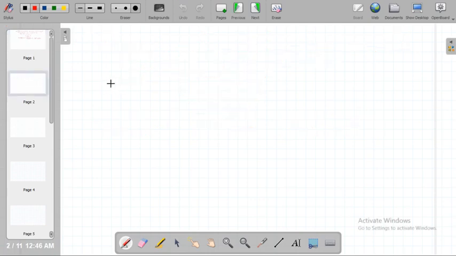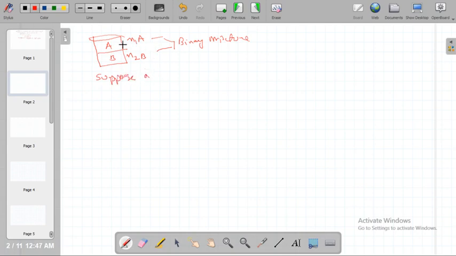So suppose you have a container with A and B. Let's say N1 moles in A and N2 moles in B, and that gives a binary mixture. When a binary mixture is formed by components A and B, the solvent. So suppose a solution is formed